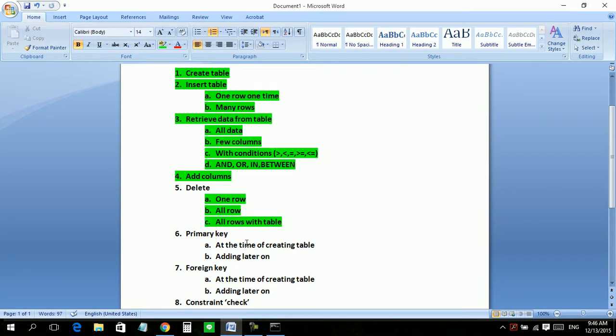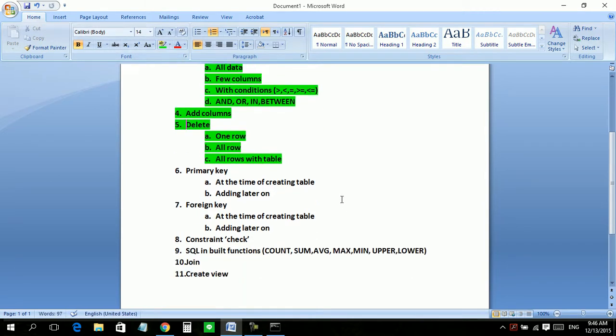Okay, now the next thing in the sequence is our primary key. Okay, primary key at the time of creating a table. You know what a primary key is? It is a key whose values don't reoccur. There is no repetition, and with the help of this key we find records from our database. Okay, there are many more things associated with primary key.